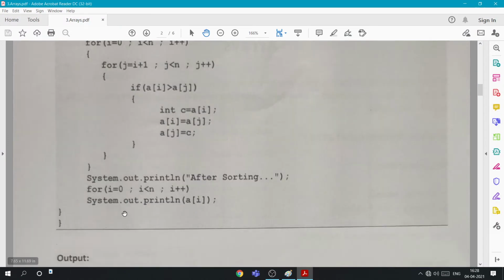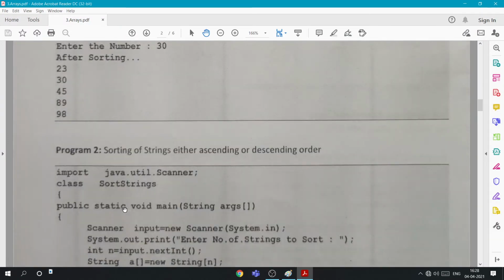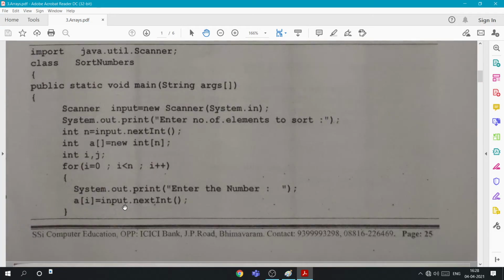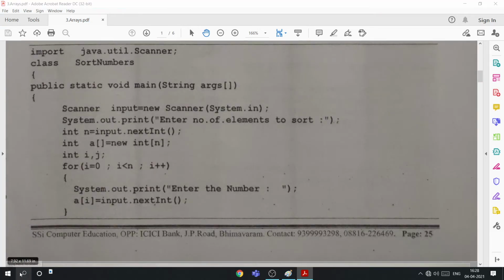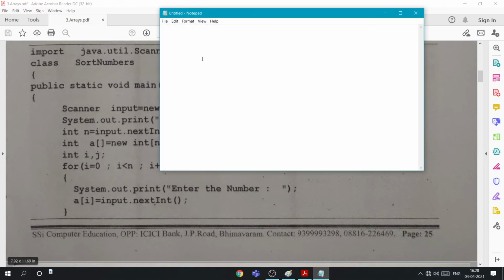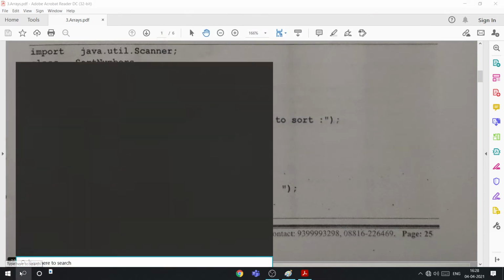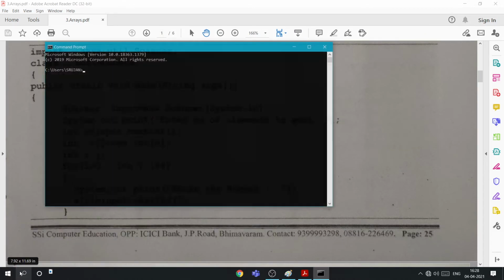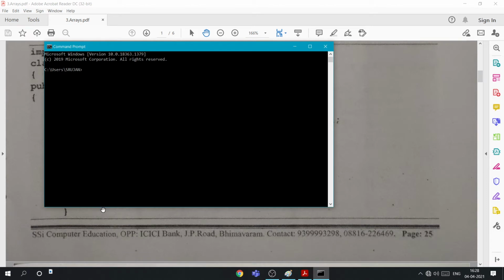So after this, let's do this in a notepad. First go to command prompt and type notepad space dot.